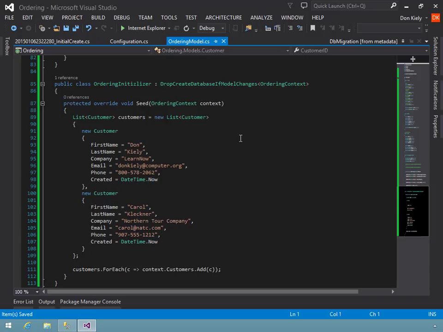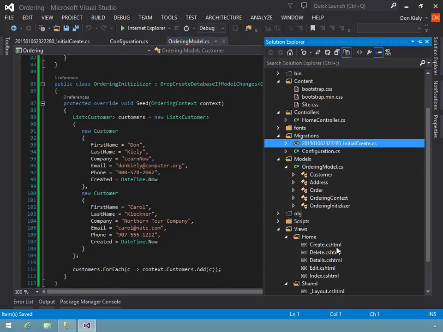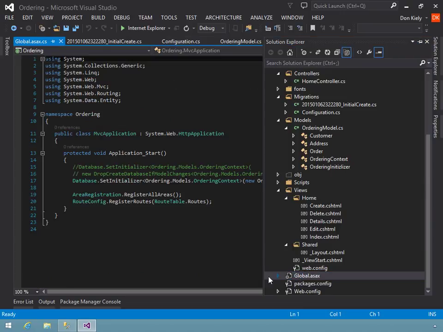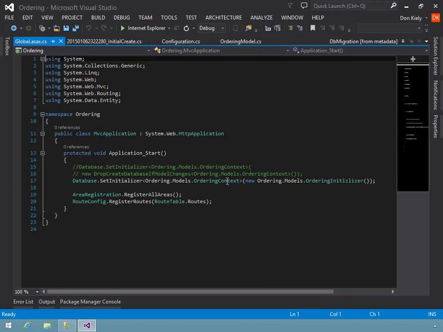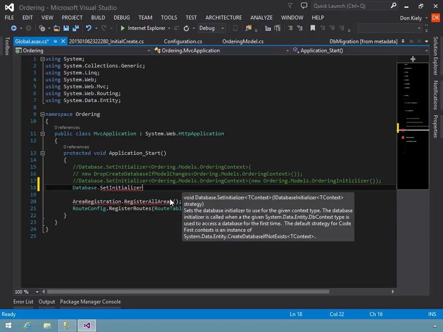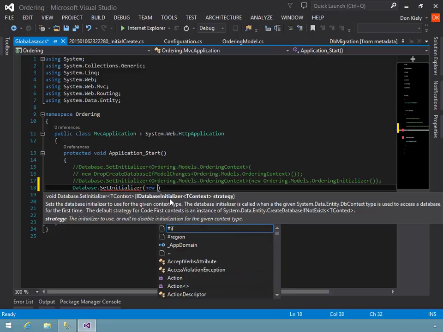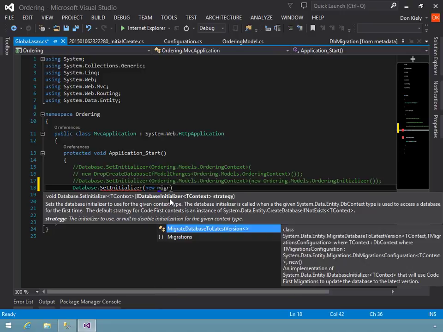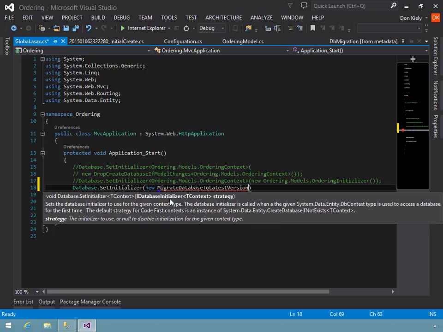So instead what I need to do is I need to tell the application to use the database initializer that works with migrations. So in order to do that, I need to go over here to Solution Explorer, open up my global.asax file, because this is where I specified that I wanted to use that ordering initializer code. So I'm going to comment out that and create a new statement here. It's going to be the same form, Database.SetInitializer. But now I'm going to new up a MigrateDatabaseToLatestVersion object, and I'm going to pass in